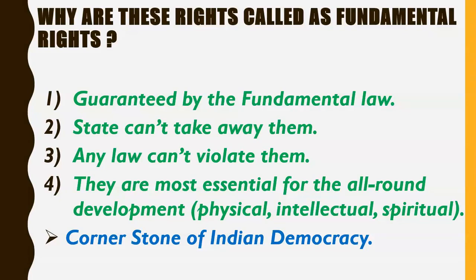Okay, so the executive wing of the government is not allowed to do any administrative thing which takes away or reduces the effect of fundamental rights. And if the executive does any such thing, then that action of the executive will be declared invalid by the court. Now friends, what is the second meaning of this? Its second meaning is that the legislative wing of the government, meaning parliament and the state legislatures,